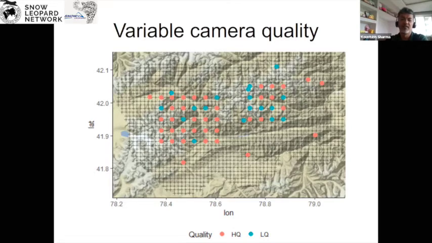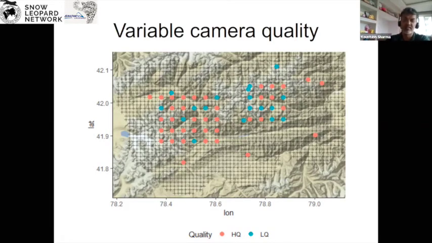You couldn't find a very exciting location, but you had to put up a camera. You can have another scenario where you have some cameras on ridge lines, some cameras in valley bottoms, some cameras on slopes or cliffs. Each of them is likely to have a different encounter rate